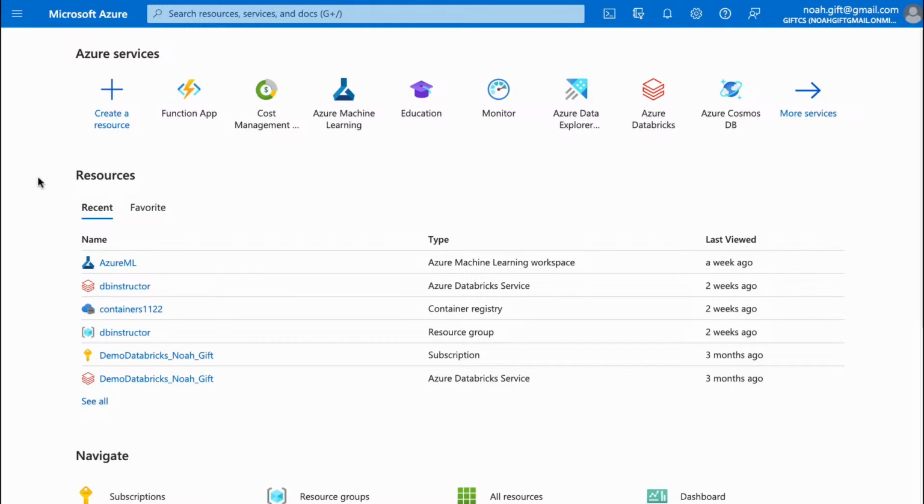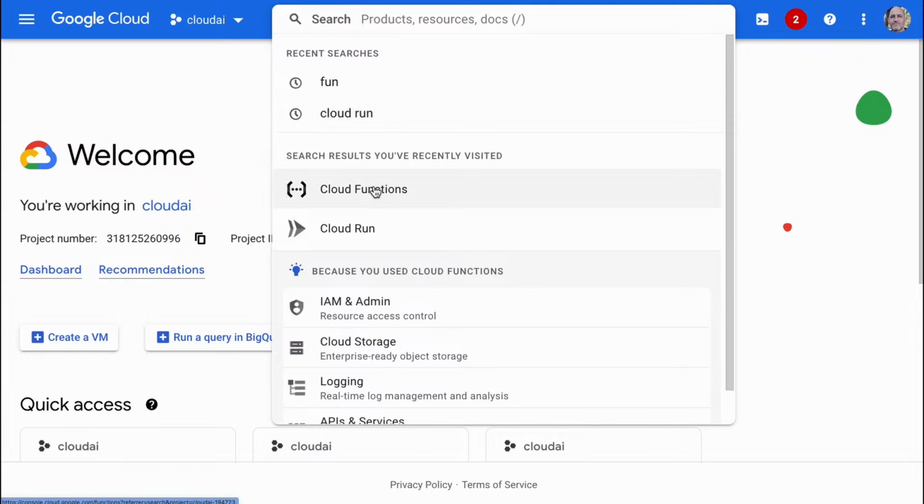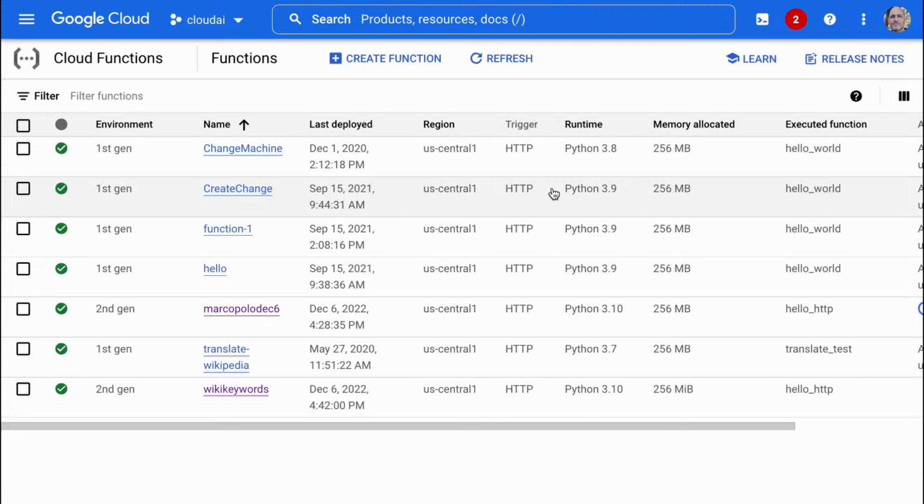And so what I also wanted to cover is that we built the function with AWS Lambda, but you can do the same thing with the other cloud platforms. You can do it with Azure, you can do it with GCP, right? They're all great places to develop. In fact, let's start with GCP because it's got one of the more fun ones to build functions with. And so all I need to do is just type in cloud functions inside of GCP, and it's a very similar process.